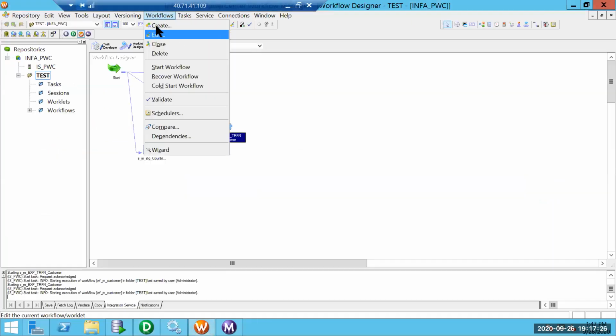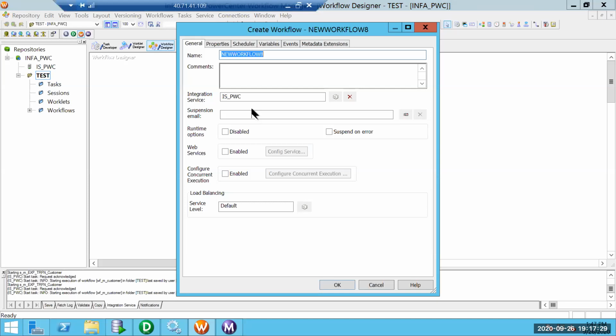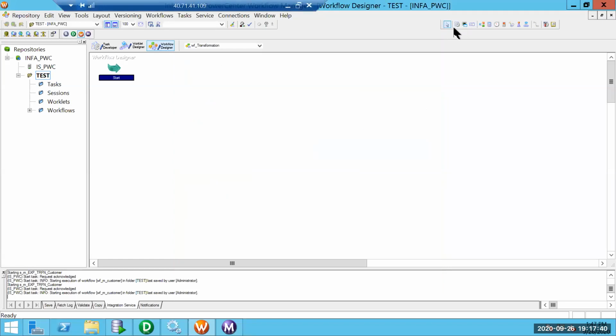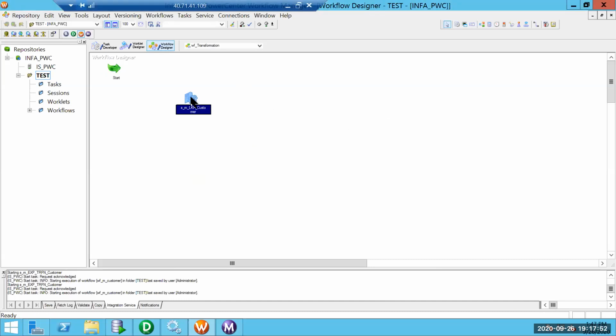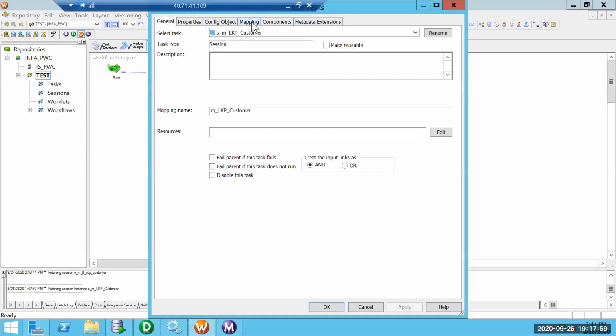Let me create one workflow. I'm creating a session which should make use of the lookup transformation. Our source is from the test user schema.